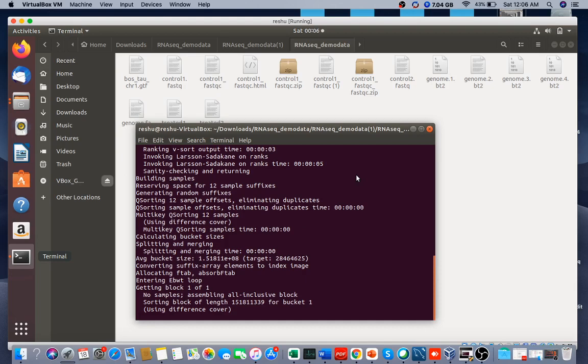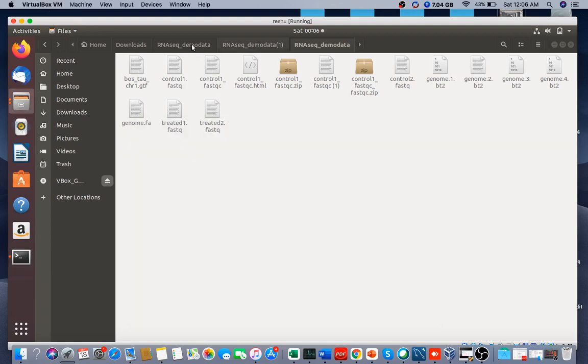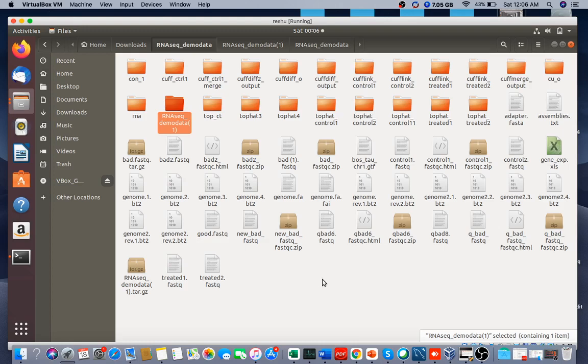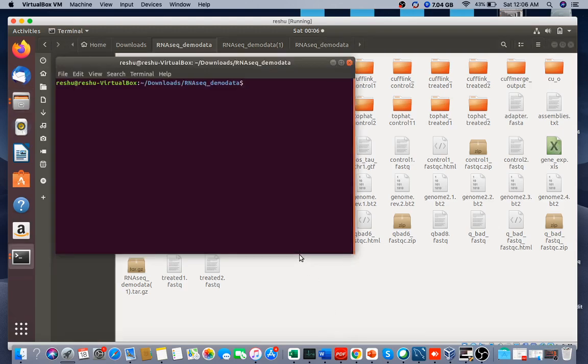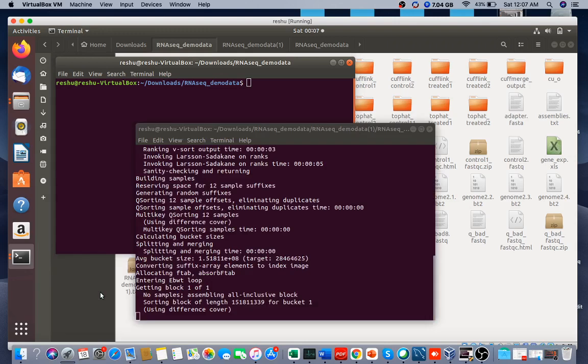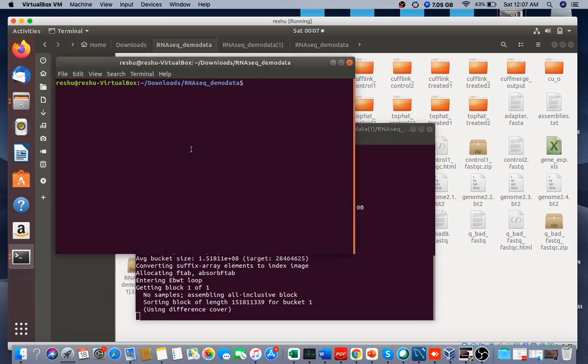Here it's going to take lots of time. Okay, so we can run this command here. We can open the terminal here. Yeah, it's going to take lots of time.